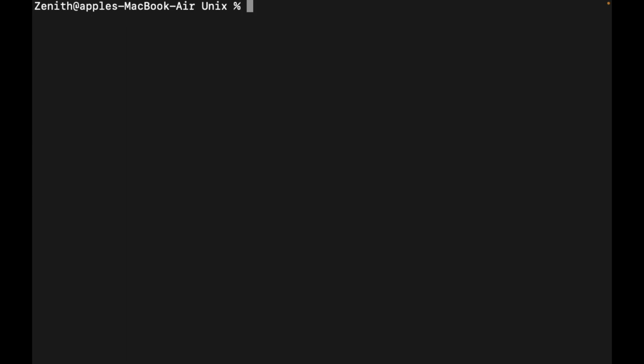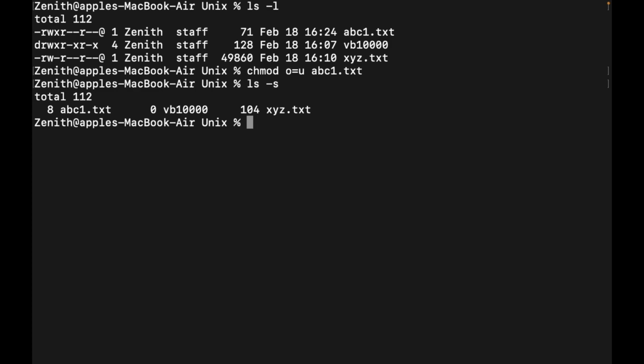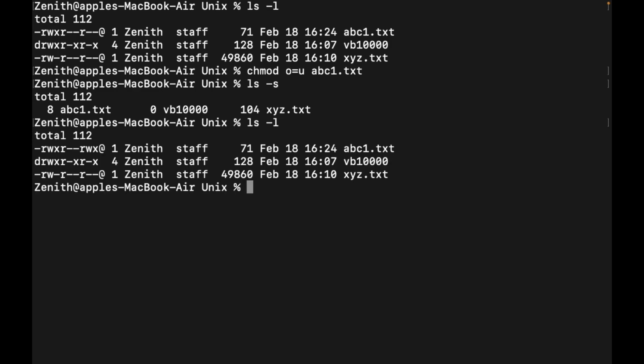So I will clear the screen, ls -l. Now what can I do? I use the same command and I will use other equal to u, and if I use ls -l, then now we can see that rwx. So what I have done, here the user, we can say the owner, has rwx permission, but other has